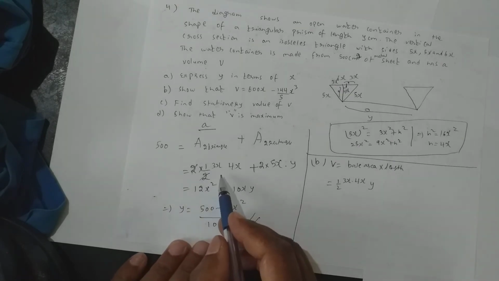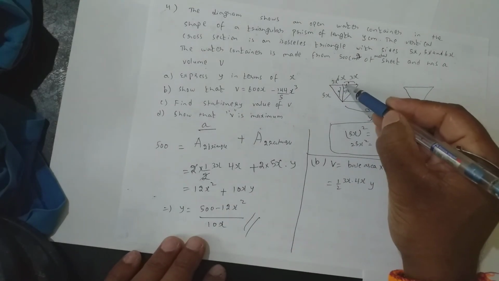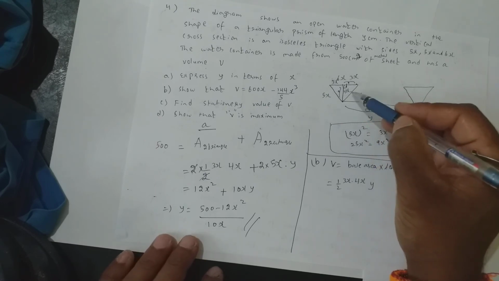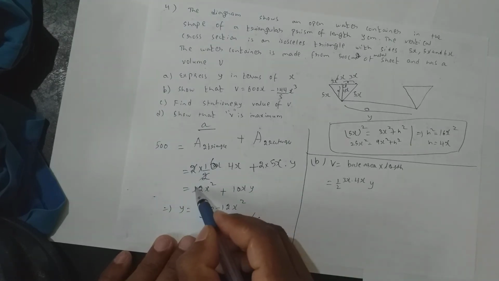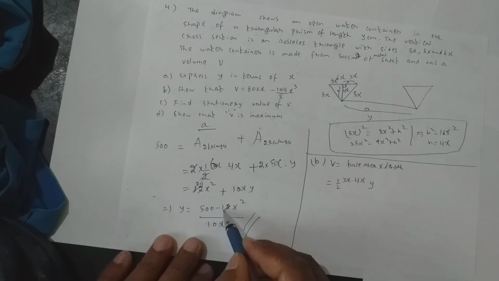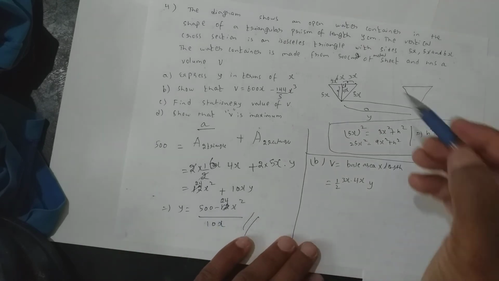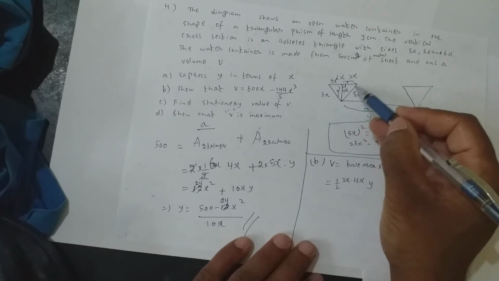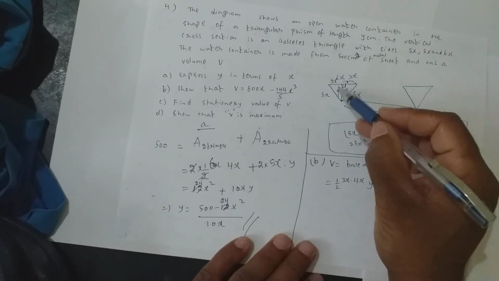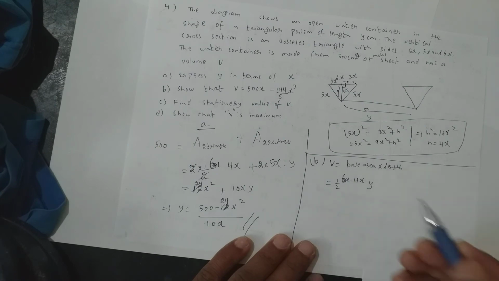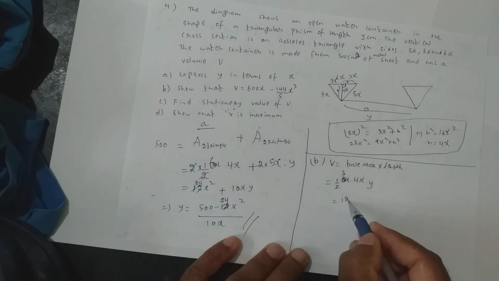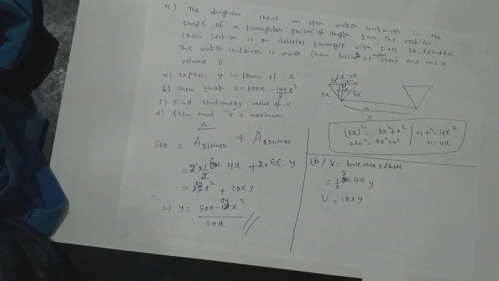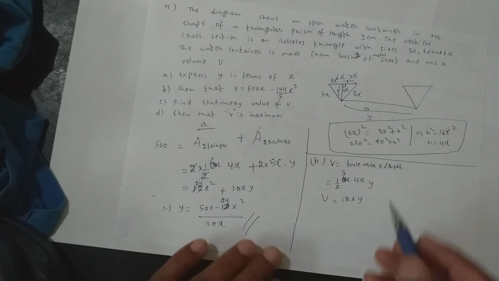Over here something went wrong again. If I take only 3x, I get only this part. To get the entire triangle, I need to make it here 6x. So it becomes 24x square. So here also I get 500 minus 24x square. I got that idea over here. It's 3x. If I take the base, I get only this half of the triangle. So I need to take the entire triangle, which means I need to take here 6x. So now it becomes 12xy is my volume. 12x square y.